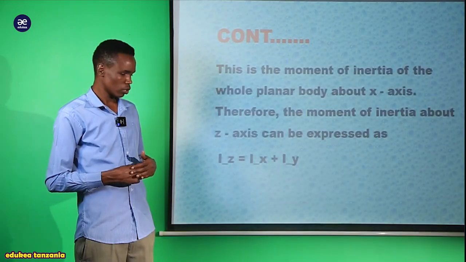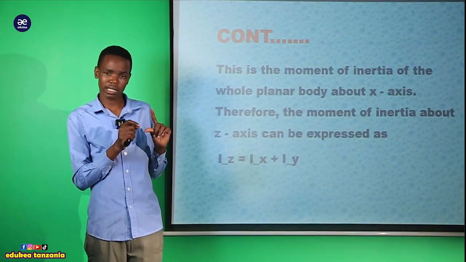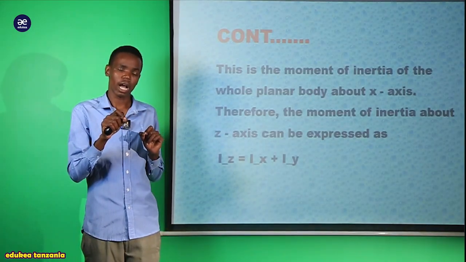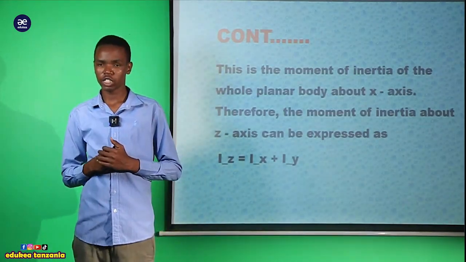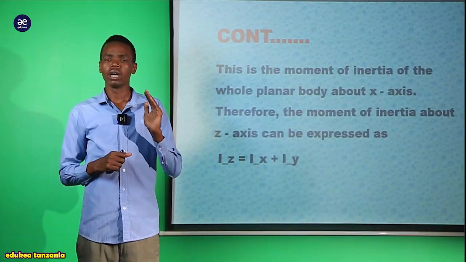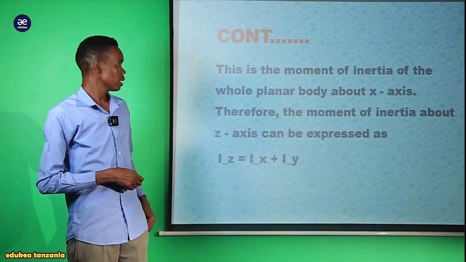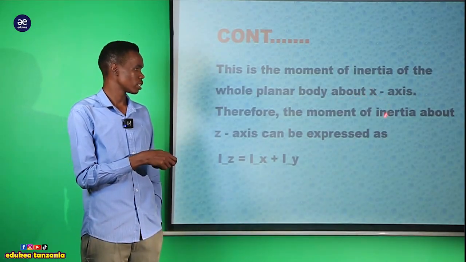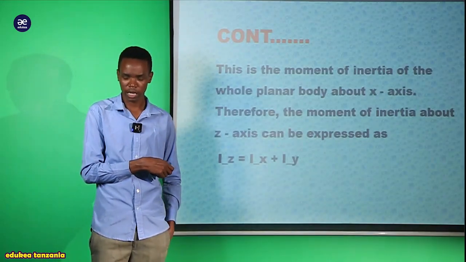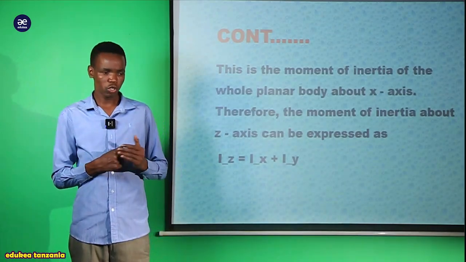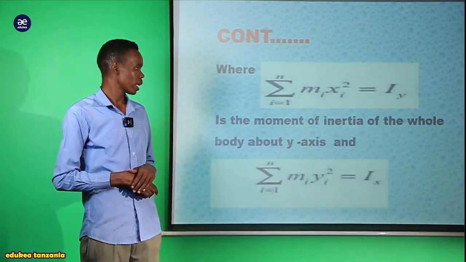So after this, my dear student, what we are supposed to do here, baada ya kuona kwamba zile summation kwamba inapokuwa na product ya x_i ita represent along the y axis ambapo ni moment of inertia yake, na inapokuwa na product ya y_i ita represent moment of inertia ya x axis. So this is the moment of inertia of the whole planar body about the x axis. Therefore, the moment of inertia about the z axis can be expressed like this. So after assuming that those products represent their moments of inertia, now we are supposed to turn back and substitute